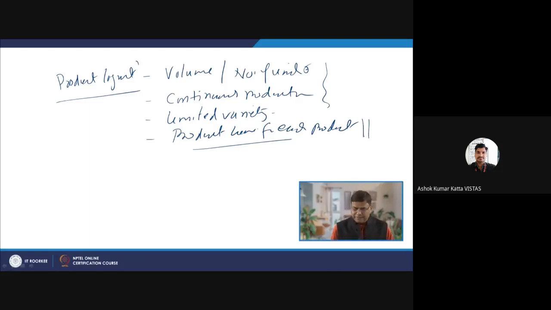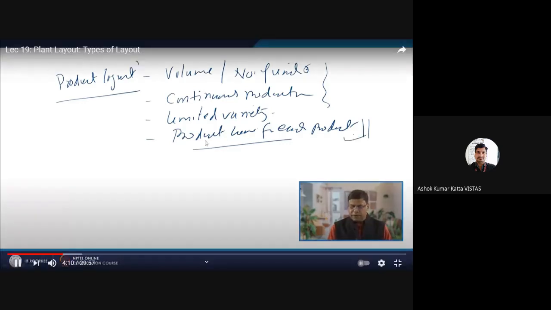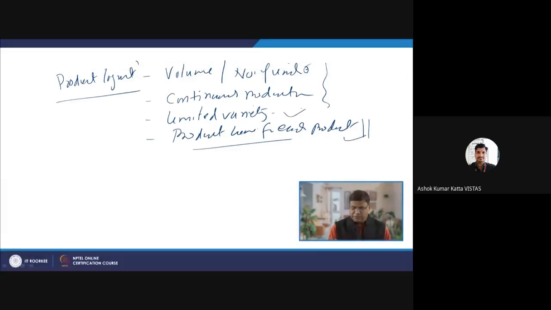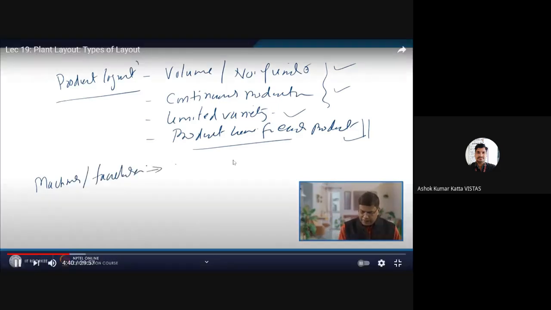In any case, there is a separate product line for each product. That is why primarily we go for limited variety, and continuous production is a typical feature of this kind of layout, used when very high volumes are to be produced. In this arrangement, the machines or the facilities which are to be used for production purposes are arranged